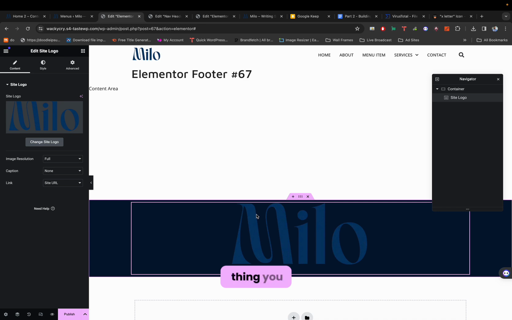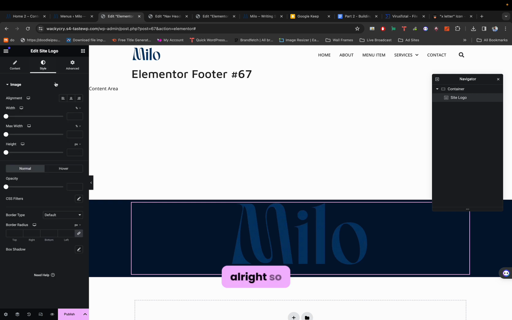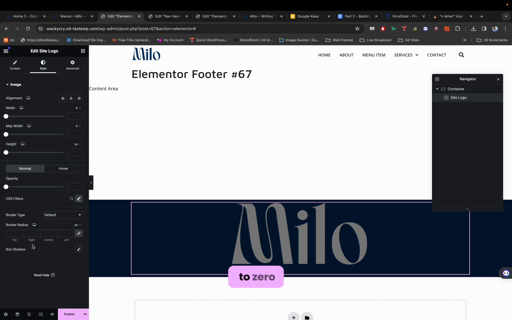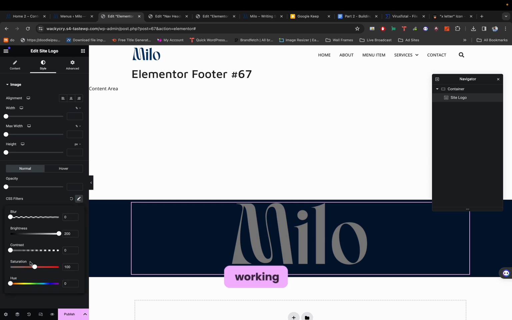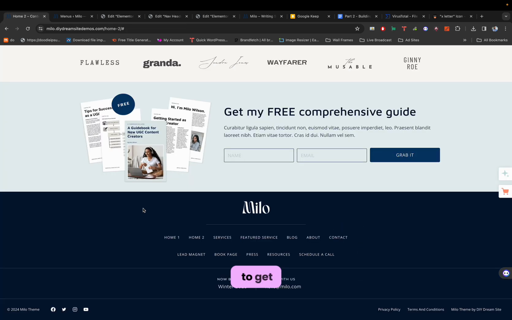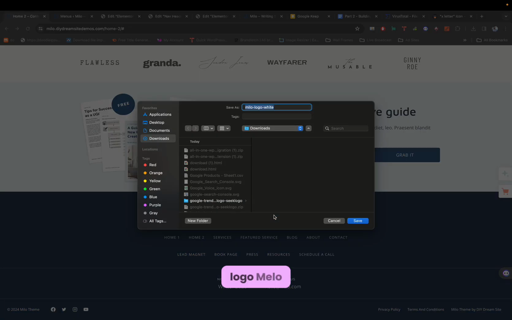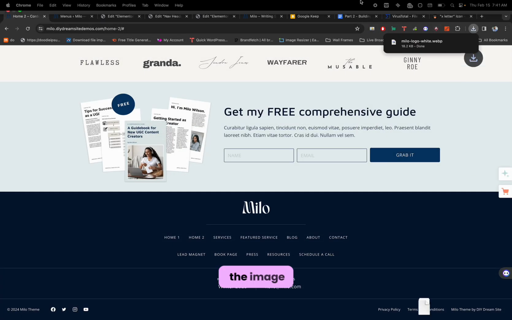Now, one thing you would see is that the site logo that was used here is white, but let's see what we can do or how we can do magic. Right, so let's go to CSS filters here and increase the brightness to full and increase the contrast to 0. That magic is not working. Saturation, it's not working. So it just means that we are going to get the white version of this logo. To do that, just going to right click, save image as, logo, Milo logo white. It's already here. Right, so I'm just going to save the image